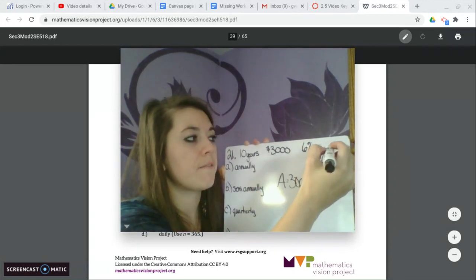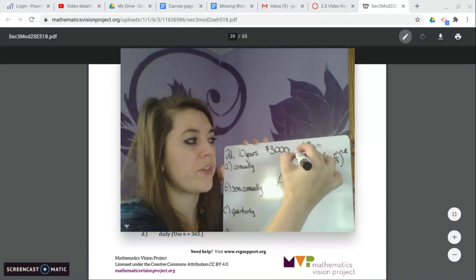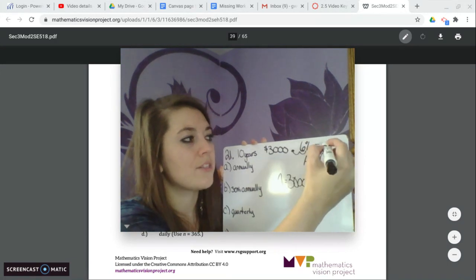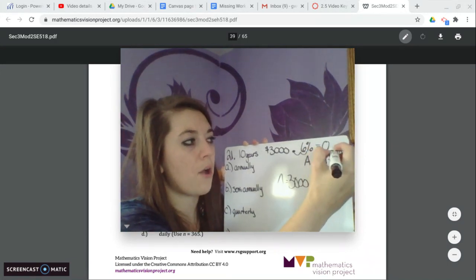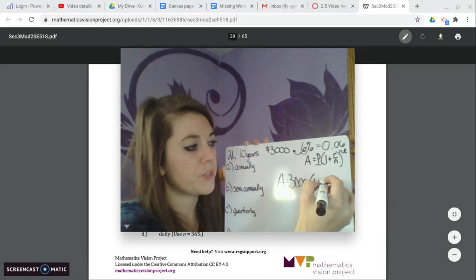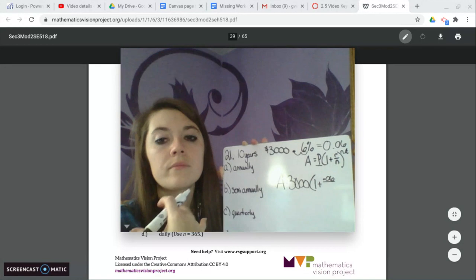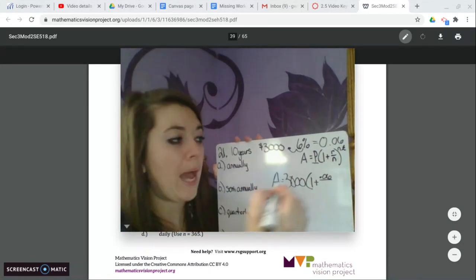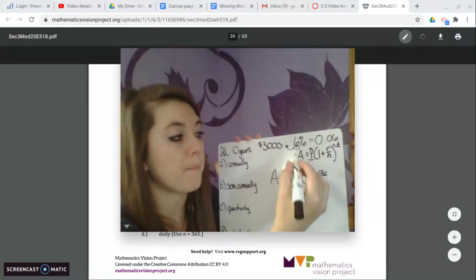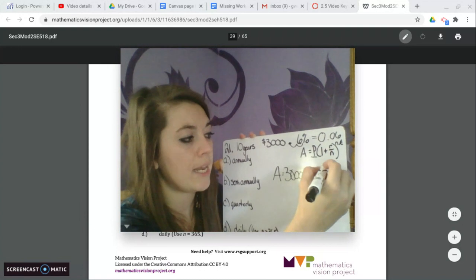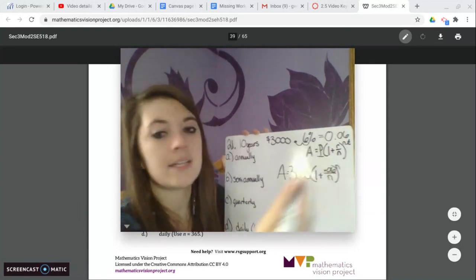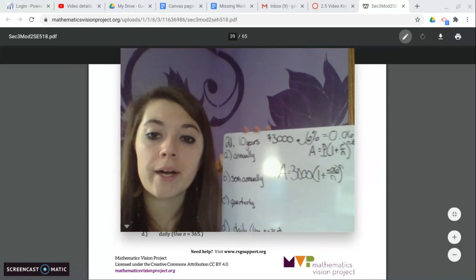The rate we need to convert to a decimal, so we move the decimal place twice. So this is going to be 0.06. So I'm going to put 0.06 over the number of times it's being compounded. So that's going to change for each of these problems. So for right now, I'm going to leave that as an n to the n times, we want our t